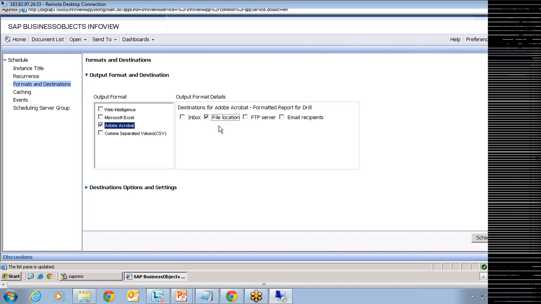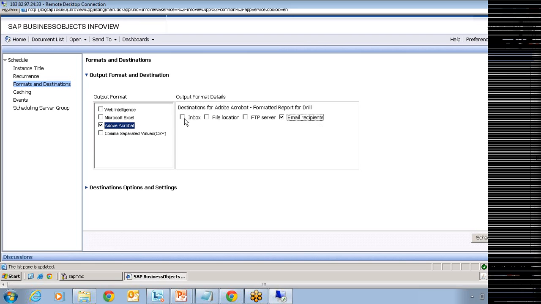File location. File location in the sense, I want to move this specific PDF file to a shared location, a shared drive, something like a shared folder in your network. I want that file to be generated in so and so directory, then select this option. FTP server. FTP server in the sense of file transfer protocol, a custom application for moving files. Then you need to provide host, user ID, password and directory information for the FTP server. And the last one is email recipients. If you want to send it to an email address of your customers, like a Gmail account, Hotmail account and so on, then select this option.